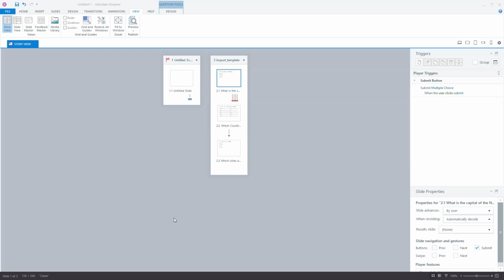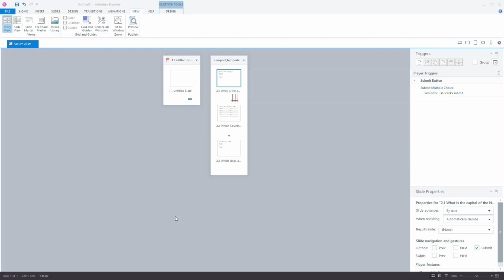And this will also be the second point. The look and feel, all the look and feel has to be in your slide master, because Storyline creates new slides. So if you want to add extra content or a specific image per slide, you have to do it manually after you import the questions. Now, if you import 10 questions or 20 questions, this is not a big deal. But if, for instance, you insert a couple of hundred questions, you have to do manual work after you import the questions, and this is something you have to take into account.